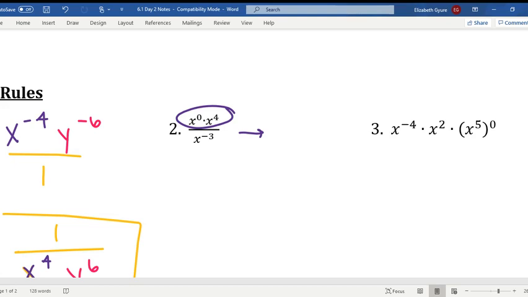Sure, I could add them. What's 0 plus 4, Hayden? Okay, Dallas. So, Hayden, what do you, I'm sorry? 4, yeah, 0 plus 4 is just 4. So we have x to the 4th on top. Exactly. And now on the bottom,